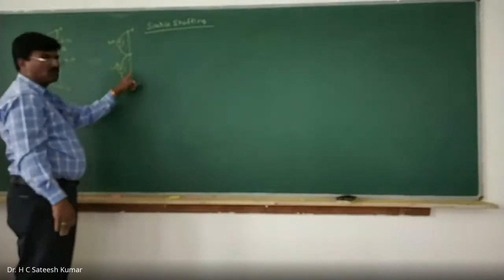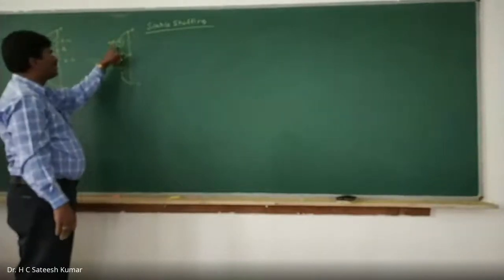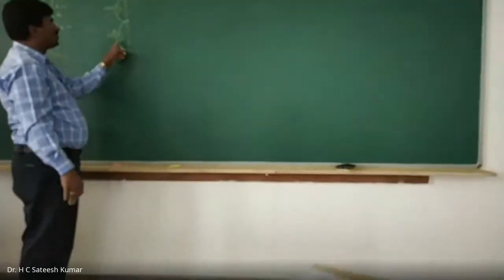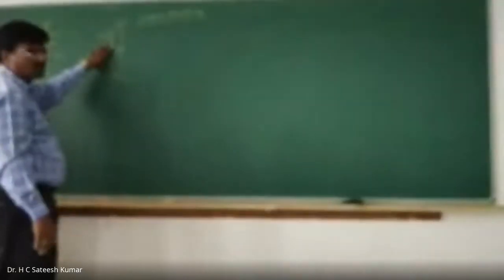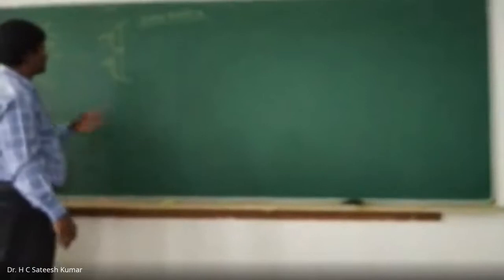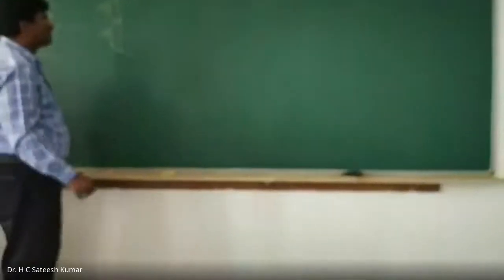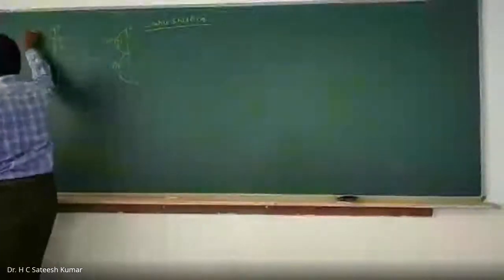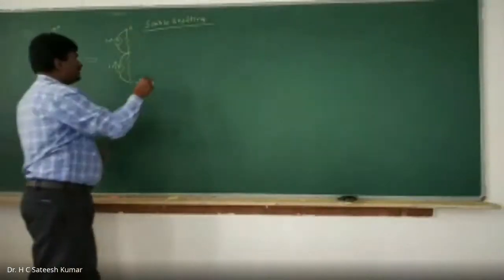I can convert it into a voltage source. Now a voltage source in series with the resistance. Then I can simplify it, and then further we can simplify. So this is known as current source shifting. Okay, one more equivalent. This is one example, example number 1. Another example I'll give.